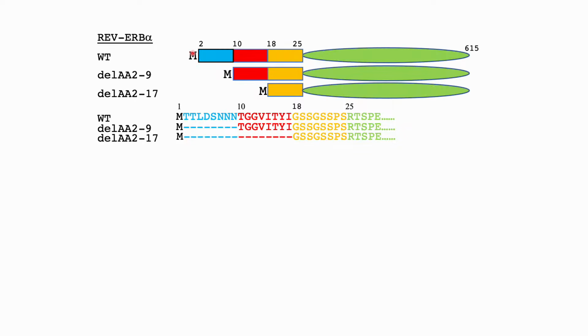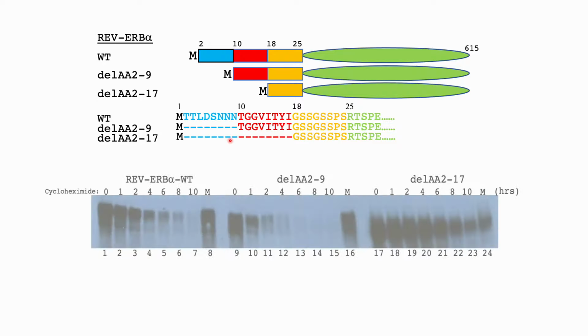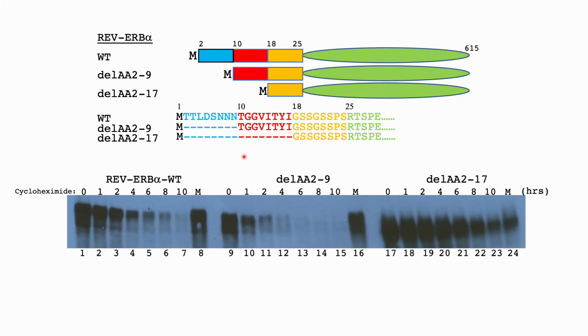They are ubiquitinated at the N-terminus using the free amino group of the methionine. So I therefore made small deletions in the N-terminus of Webhub Alpha to see whether it will affect degradation. These two mutants, deleting 8 or 16 amino acids, are transfected along with the Webhub Alpha wild type. And this is the